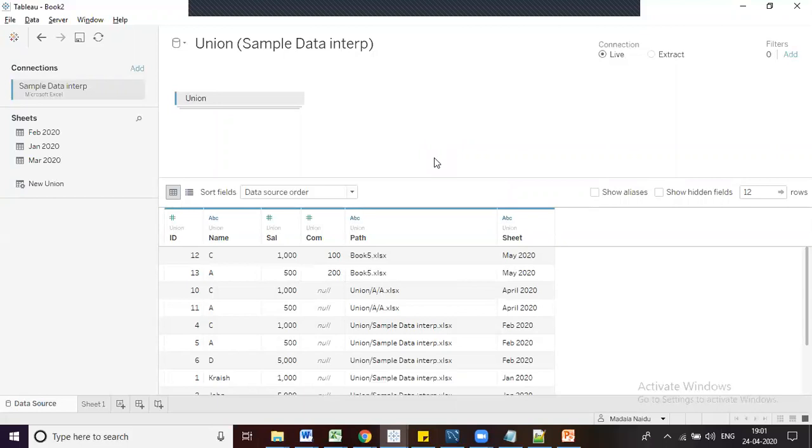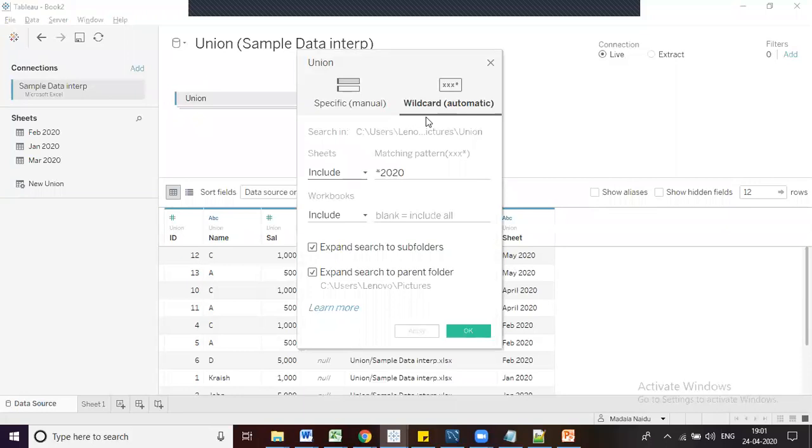This is how the wildcard automatic union search will work. Now you might have a doubt: what if we unselect expand search to subfolders, will it include the data or not? Let's unselect this one and click on OK.